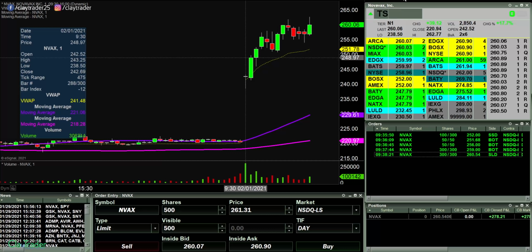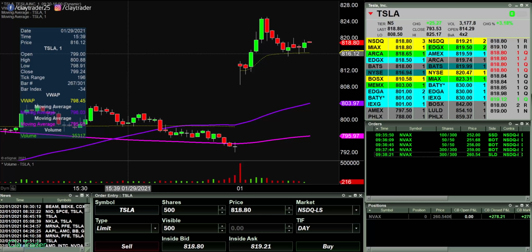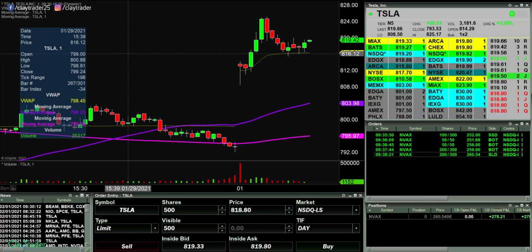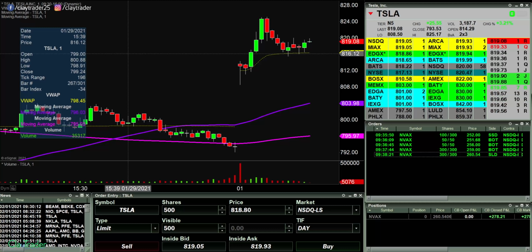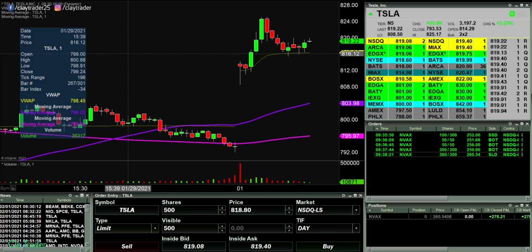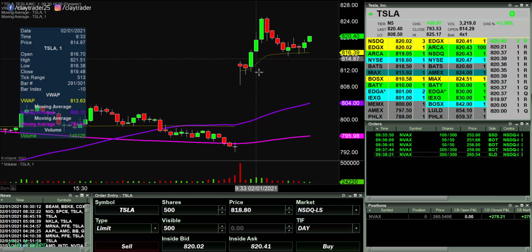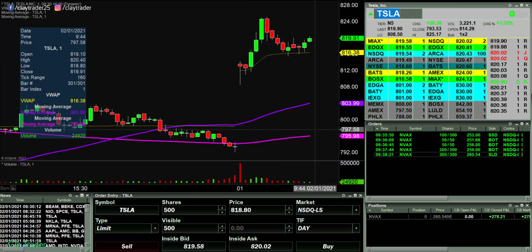Tesla actually looks pretty good here on the pullbacks, consolidating out. What is that? 820. I'm going to get that alerted. Tesla 820 upside break point out of consolidation. Oh wow, yeah, NVAX just,